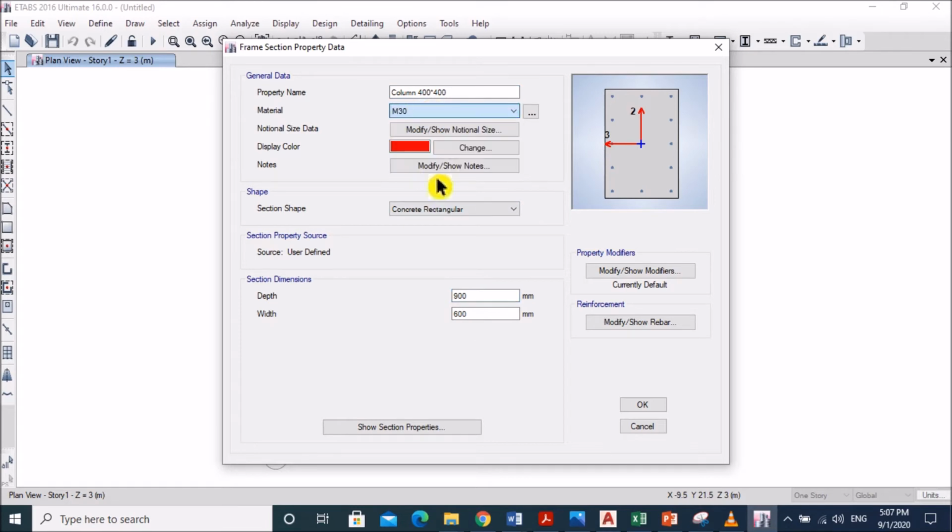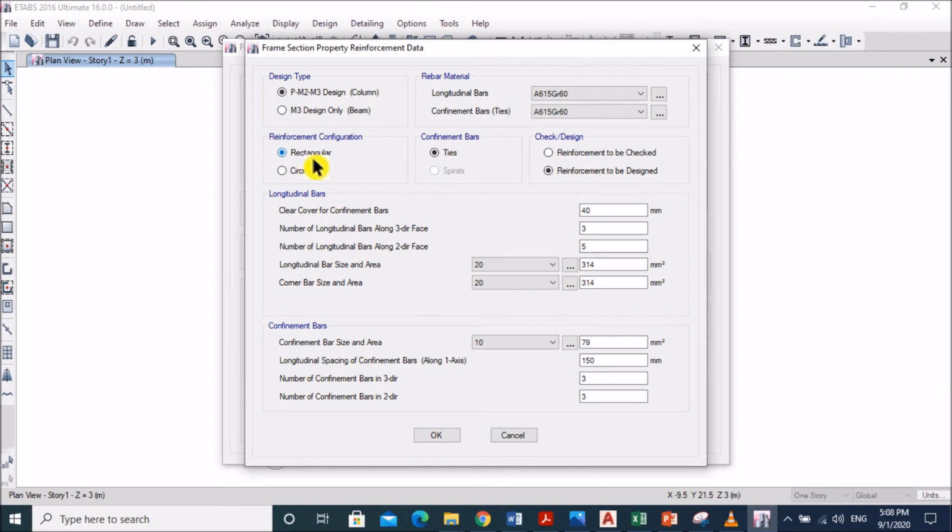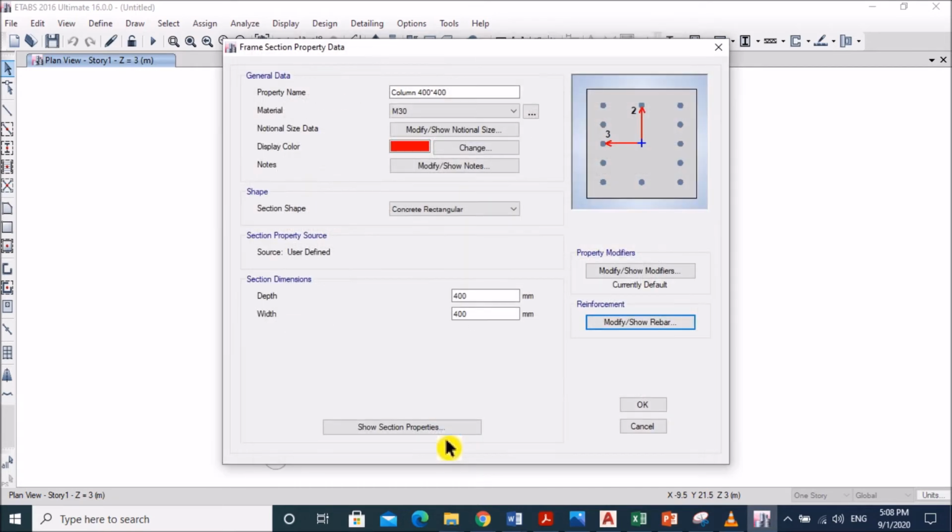Material M30, the depth would be 400 and width would be 400 as well. Now go to modify rebar, then P-M2-M3, that's OK. Choose longitudinal bar 500, again confinement bar 500, then press OK.